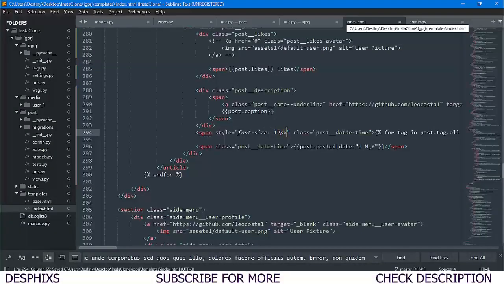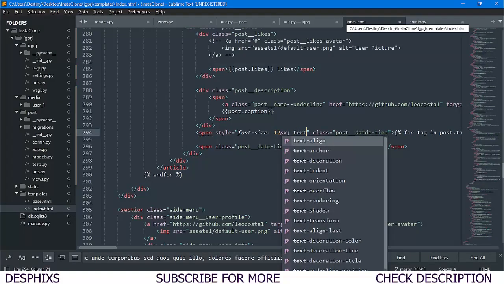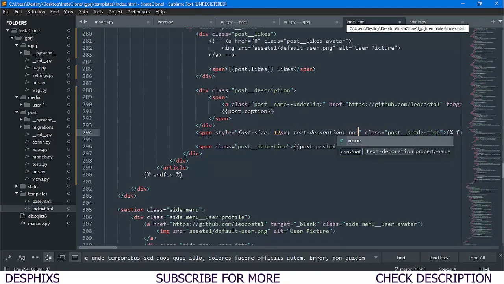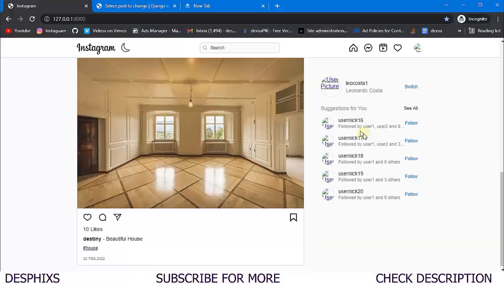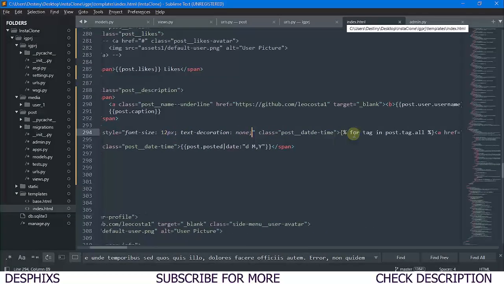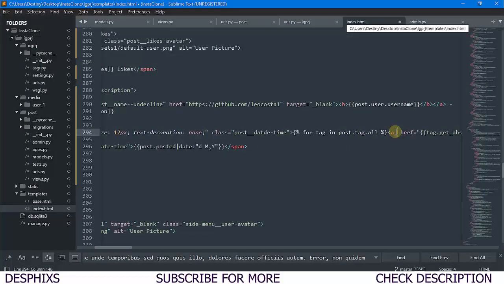Yeah, that's okay. Then I'm gonna say text-decoration should be none. Let's end it off. I think it should be for the a tag here.